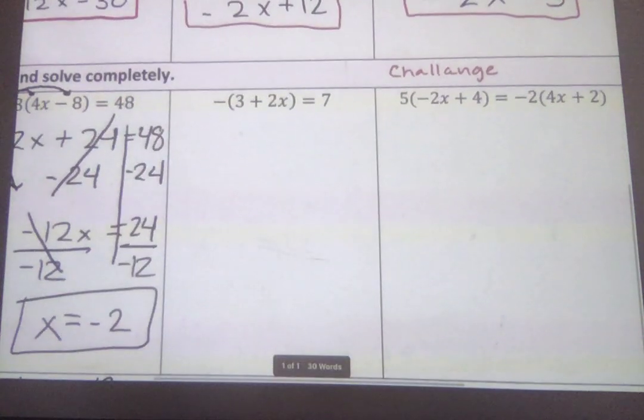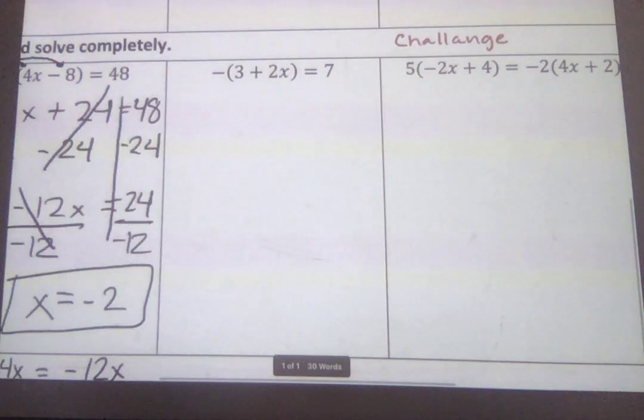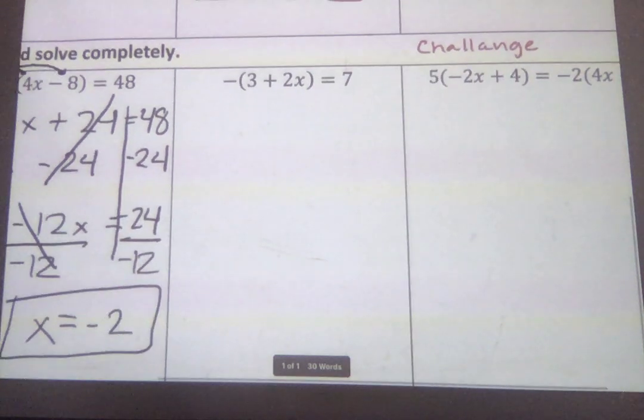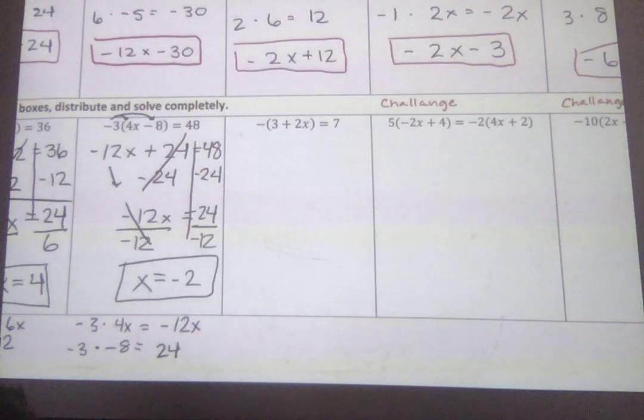This next one, if you notice, I'm going to zoom it up real big. We don't have a number outside, we just have a sign. So that'd be 1 pretty much. So in this case, this is saying we're going to multiply everything by a negative 1. So negative 1 times negative 3. So we're going to take negative 1 times 3. That's going to give you negative 3. So we'll have negative 3, and then we'll have negative 1 times 2x, which will be